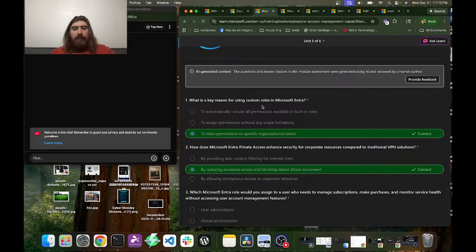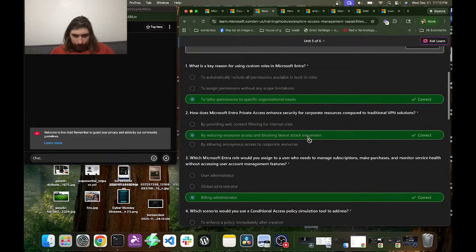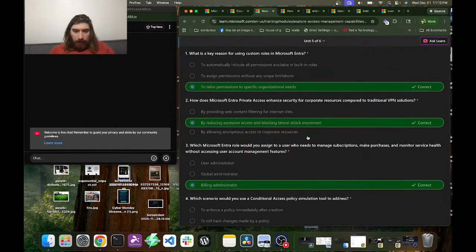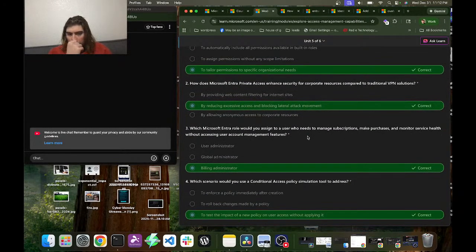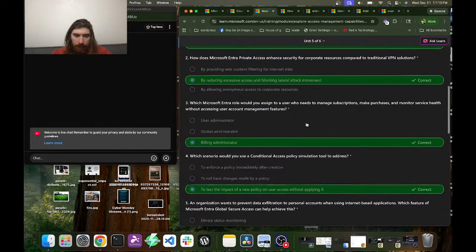What is a key reason for using custom roles in Microsoft Entra? To tailor permissions to specific organizational needs. How does Microsoft Entra Private Access enhance security for corporate resources compared to traditional VPN solutions? By reducing excessive access and blocking lateral movement. Which Microsoft Entra role would you assign to a user who needs to manage subscriptions, make purchases, and monitor service health without accessing user management feature, billing administrator?